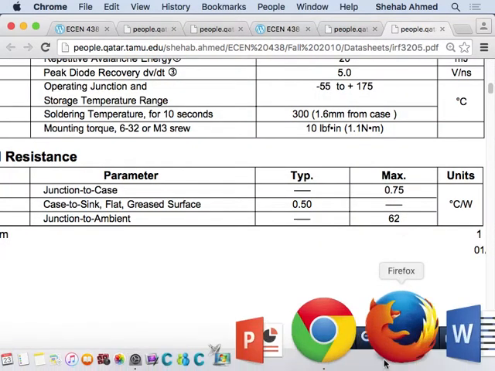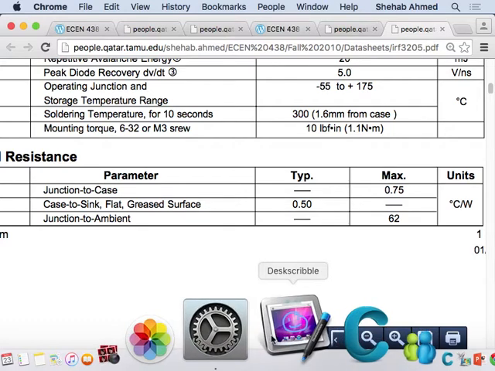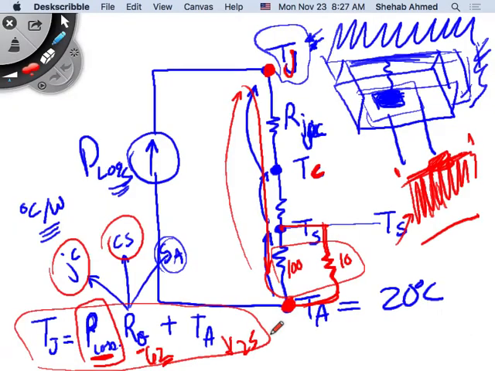Okay. So any questions on this? It's a simple equation, but there's a lot of insight, and it's very important in the design process. So this simple equation is, again, the ambient temperature 25, and the thermal resistance is the sum